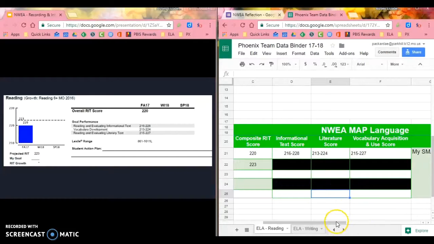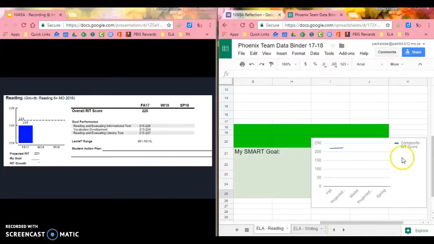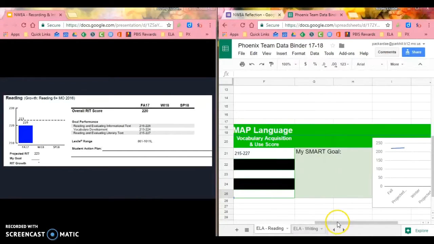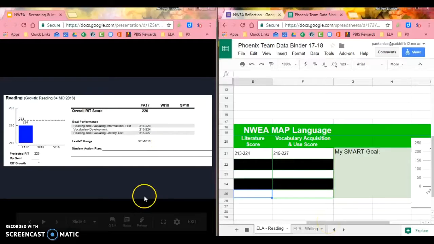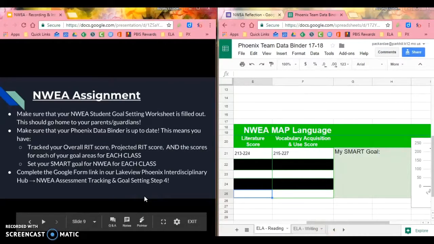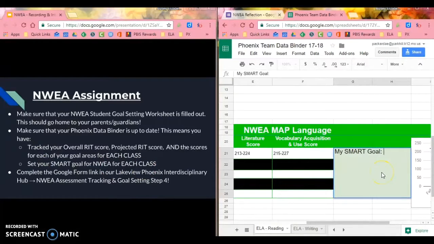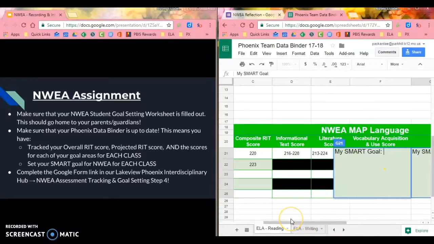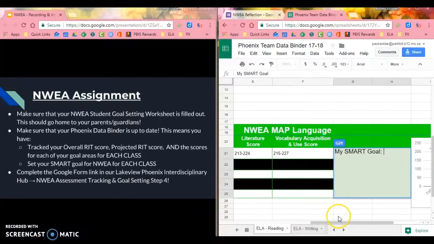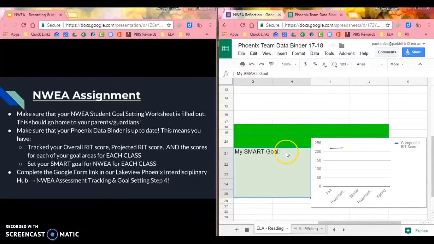Okay. And once I have all those things tracked, ideally my graph will be up to date so that I can see how I'm doing. And then the last thing I need to do is set my SMART goal for this. My SMART goal is based on the goal that I set when I was doing my action plan on the student goal setting worksheet. So my SMART goal for this one might be something like, because my projected RIT was a 223, my SMART goal might be something like,